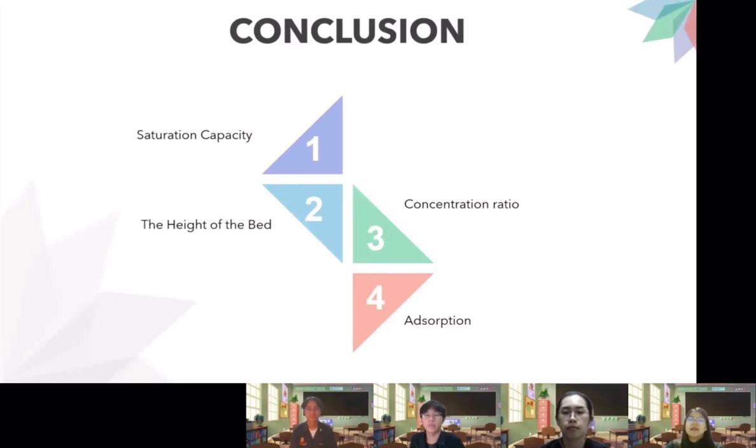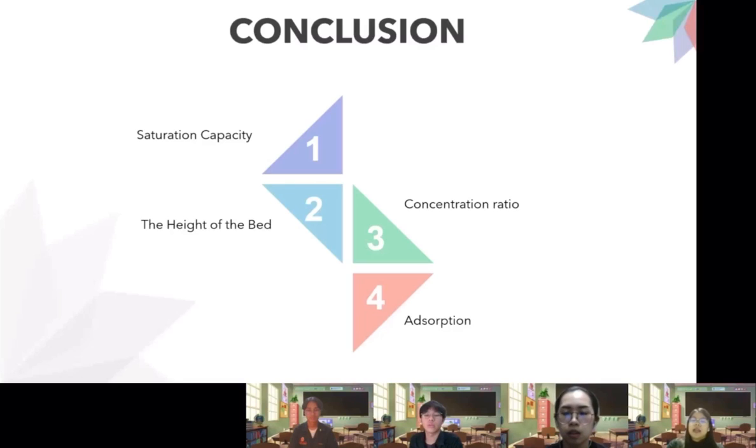From the previous slide, the saturation capacity depends on the water absorbed by the adsorbent. When the weight of the water absorbed increases, the saturation capacity also increases. The height of the bed affects the breakpoint time. As the adsorbent area increases, the breakpoint time will increase as well. The saturation ratio will increase until close to 1, meaning over time the adsorbent will become saturated and can no longer adsorb. Therefore, to summarize the main point of my talk,